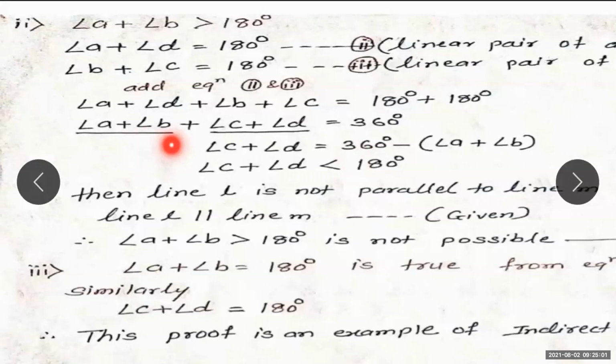Okay. Now see, angle A plus angle B, as we know that we assumed it as greater than 180 degrees. So if I put the value from 360